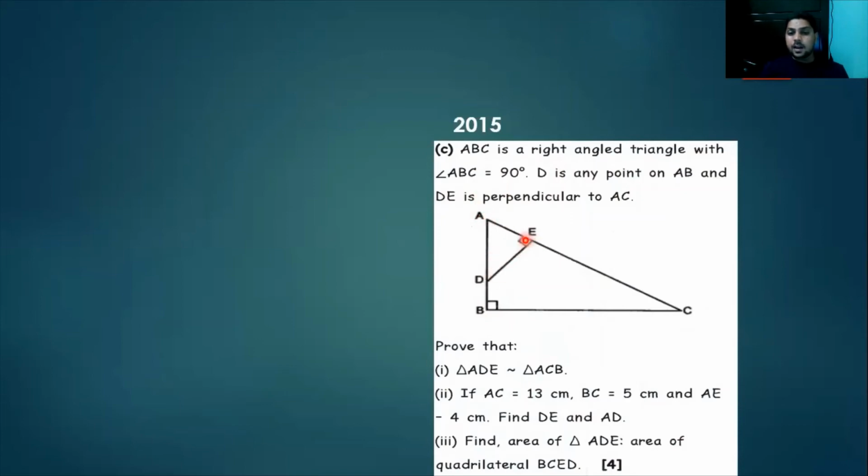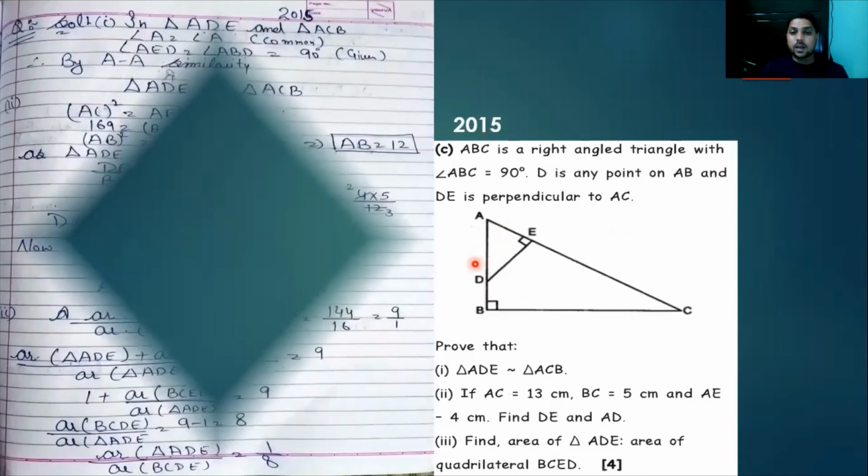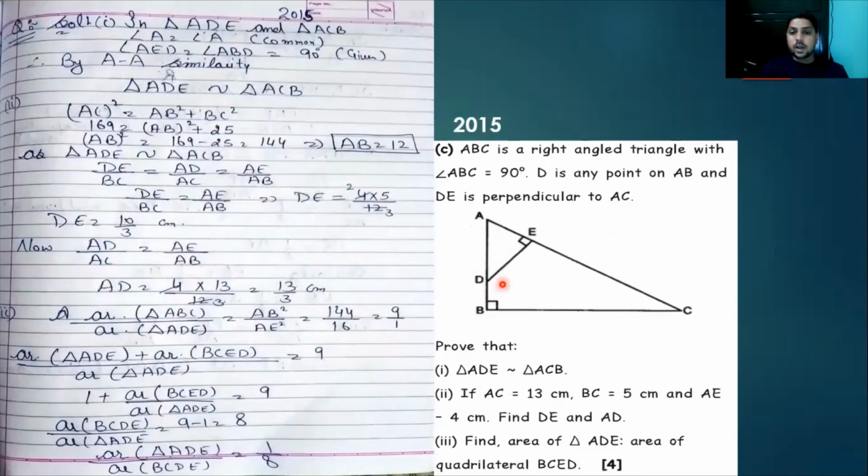One angle E is 90 degrees in the smaller triangle, one angle B is 90 degrees in the larger triangle, and we have angle A common. So directly from here we can observe that two angles are equal. So on the basis of angle similarity, we can show that the triangles are similar to each other. We have already proved the angle property. The triangles are similar, that we have to prove here.